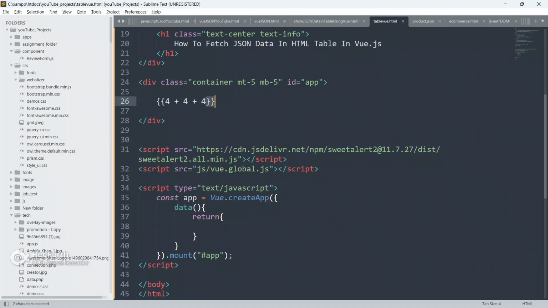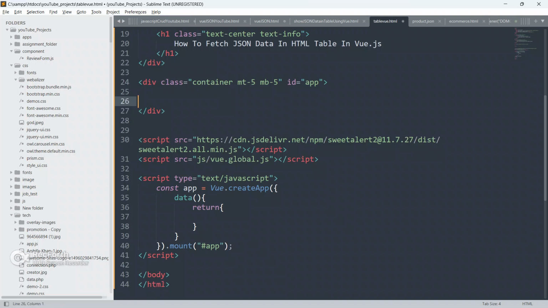Whatever expressions you want to evaluate, or whatever functions you want to execute when the page loads, we all have to write inside the double curly braces. Then only your expression is going to be evaluated, then only you will be able to see the output on the browser. So now let's get started and let's learn. So just remove this, we don't require this.